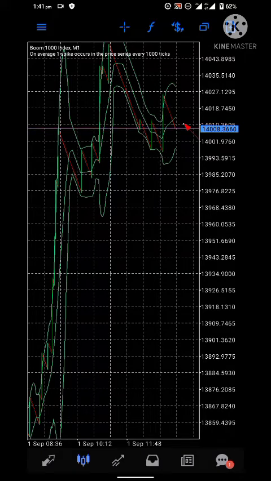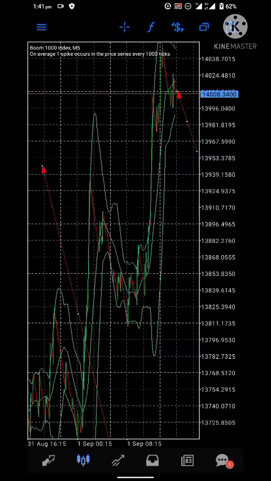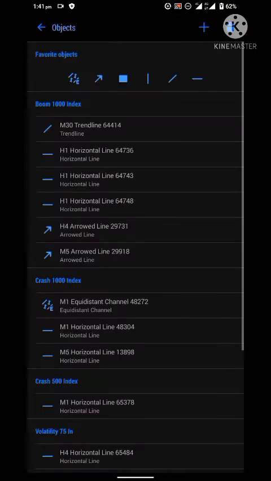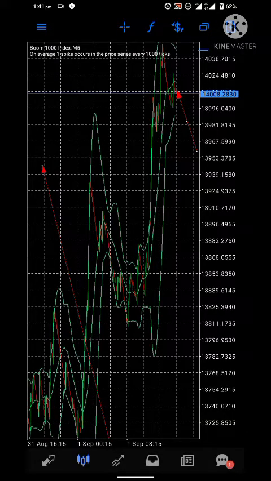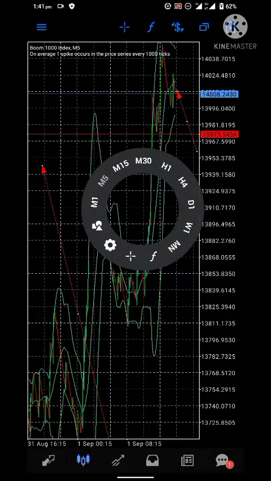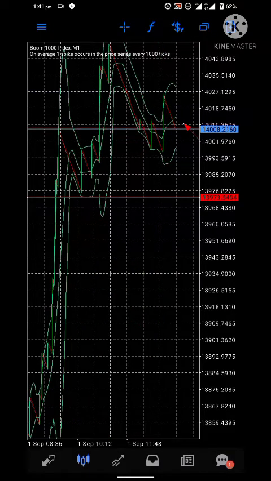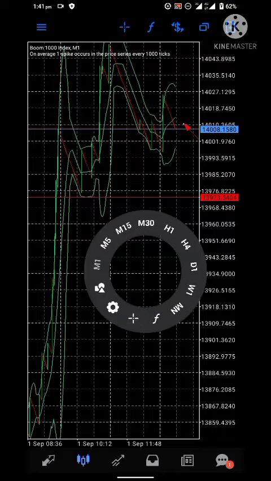You understand? So I can let it sell to somewhere here before you see the line. I can let it sell to this point, this red line, before I move. Now, how did I get this red line? It's just from